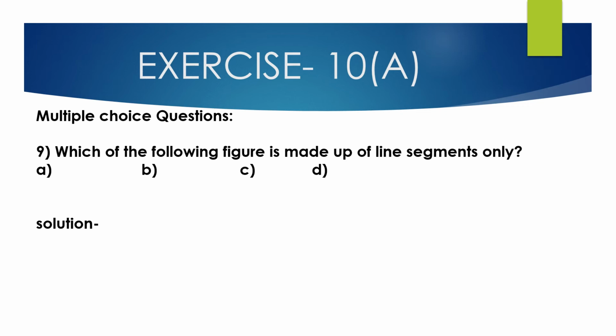Now question number 9, multiple choice questions. Which of the following figures is made up of line segments only? A. This is the figure in option A, and this is the figure. This is a circle in option C, and D. This is option